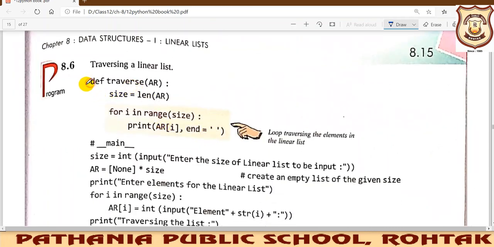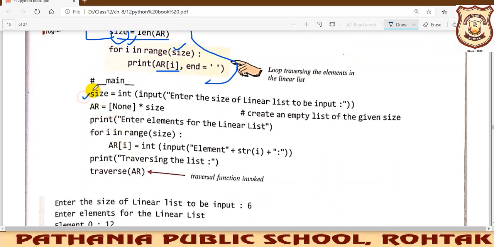So that was the algorithm. In program notation, how are you going to traverse it? You have made a function for traversing. The size of the array or the list we have identified, so it will start from the initial point and work with the size that has been calculated with this length function. It will print all the elements one by one. So when this traverse function is called, it will print all the elements.